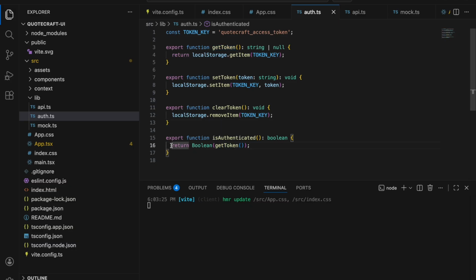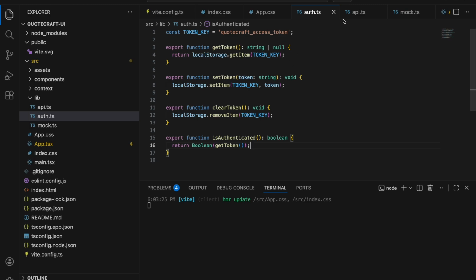In this isAuthenticated function, we would need to check on the client side if that token is valid, or if that token is expired. We can add those conditions. To just make it easier, I am just checking here whether the token is set in local storage, because eventually we'll call an API, and if that API gives a 401 error, then we will say that the user